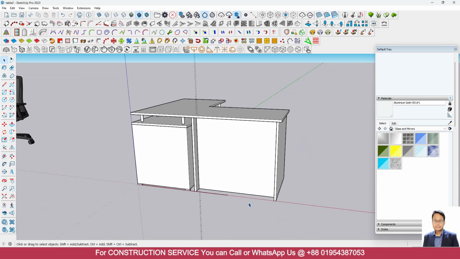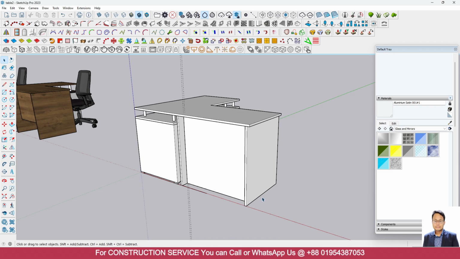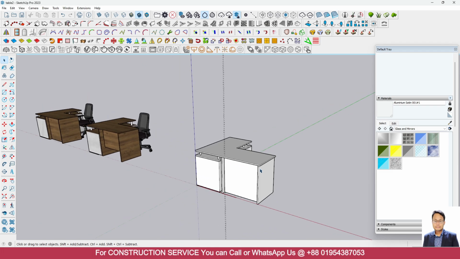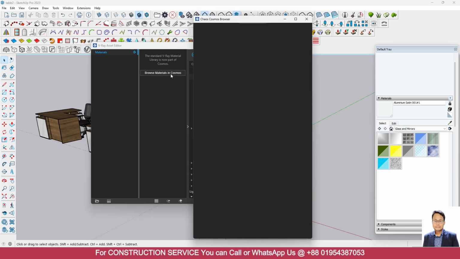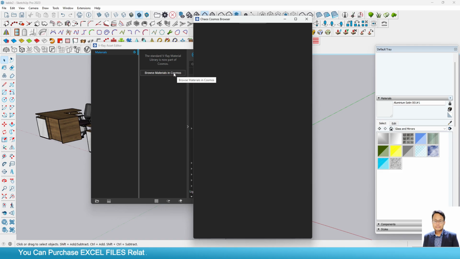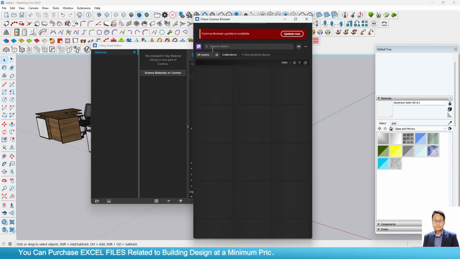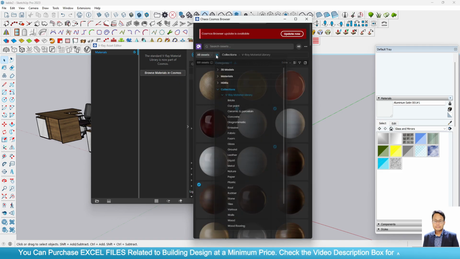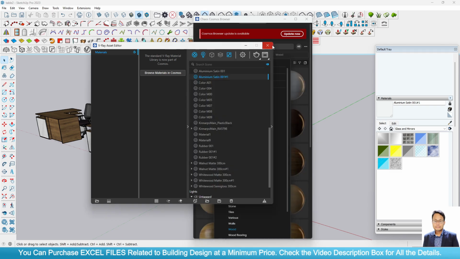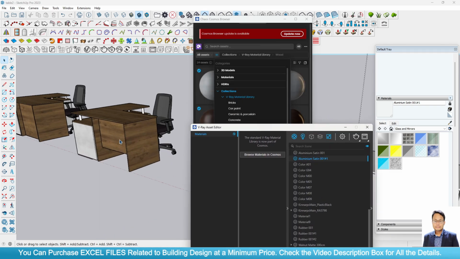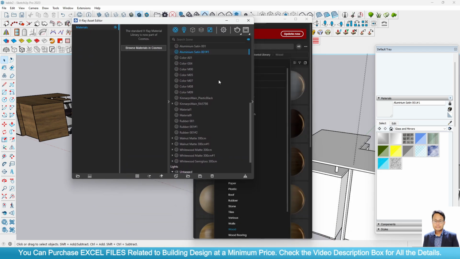Hopefully you can understand that we have completed the modeling of this table. Now we have to apply texture here. You can go to V-Ray, then go to browse material in Cosmos. From here go to this 3 dot, then you can select wood. Here I am taking these two textures, this one and this one. Basically I have taken walnut matte,